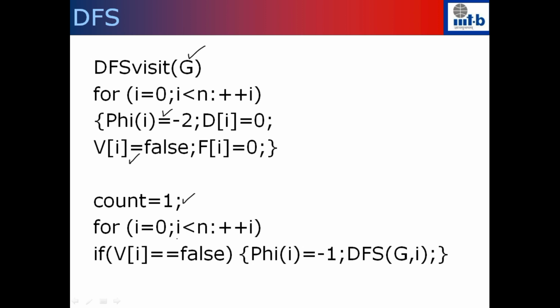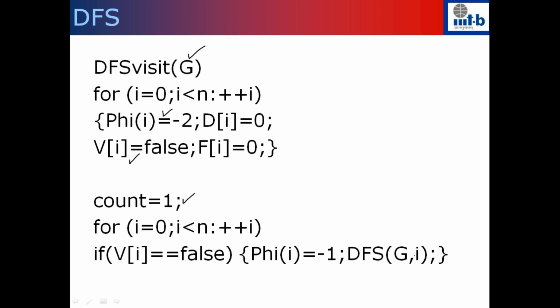Then for every i equal to 1, if v of i has not been visited, I'm going to call the DFS function recursively. What this DFS function does is that it will visit all the vertices which are reachable from i. After that, I come back and check every other vertex. If one of the vertices has not been visited, then we will call the DFS function from that particular i again. This is equivalent to applying the DFS function from i. If all the vertices are not reachable, then go to each of these connected components and apply DFS from that.